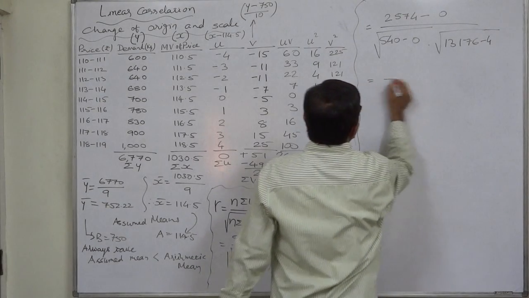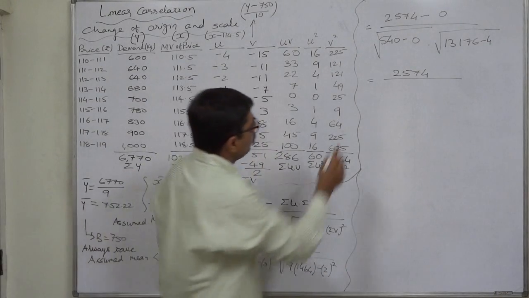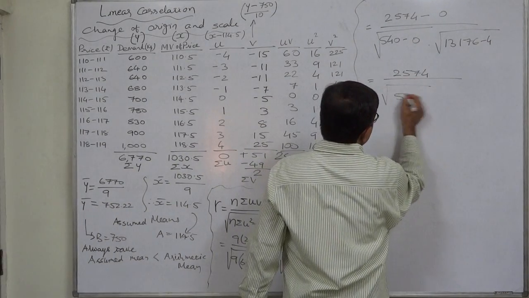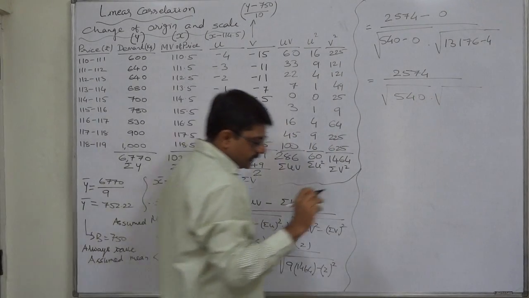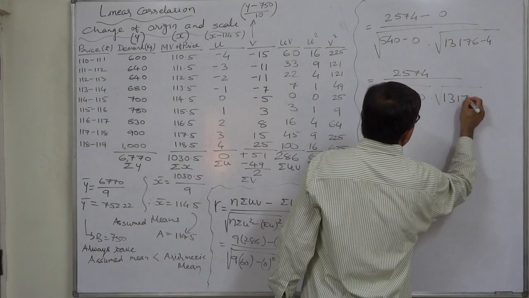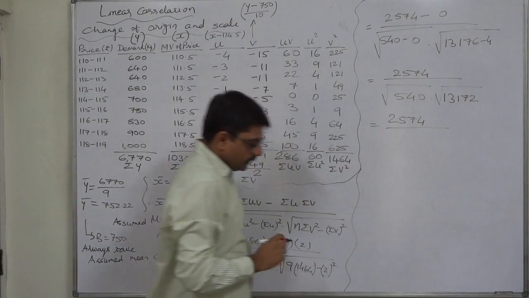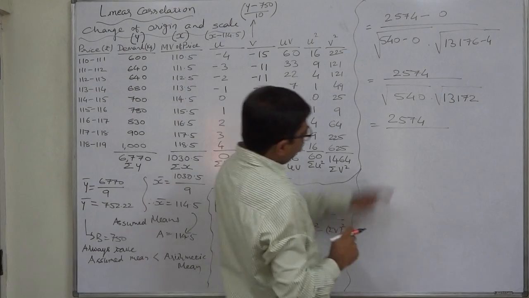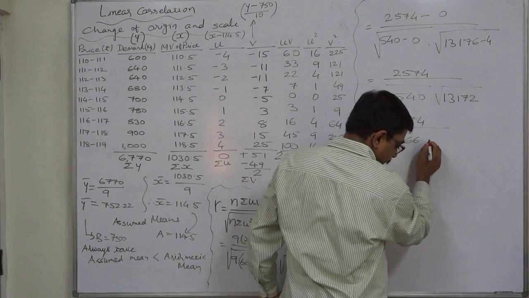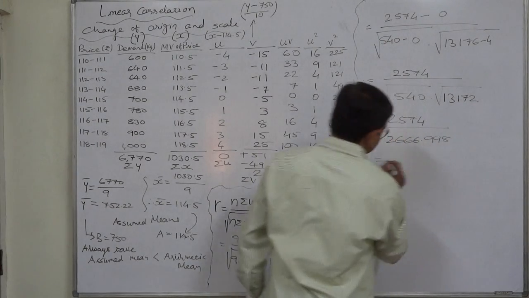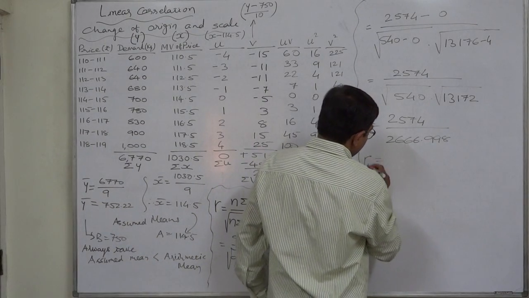So ultimately the values are 2574 minus 0, that means 2574, 540 minus 0, that means under root 540, and 13,176 minus 4 is 13,172. The product of the square roots of these two comes to 2666.998. So ultimately the value of the coefficient of correlation comes to r of uv